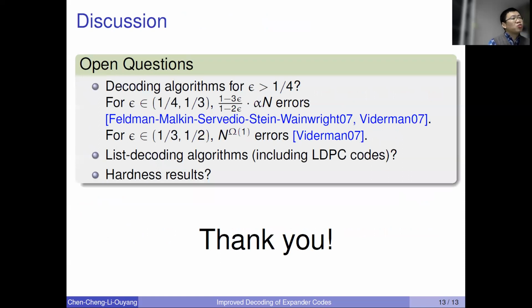So some open questions. One is the decoding algorithms for epsilon greater than 1 quarter. So as mentioned earlier, we have this bound 1 minus 3 epsilon over 1 minus 2 epsilon times alpha n from previous work. It actually holds for epsilon up to 1/3. And for epsilon close to half, Weidman gives an algorithm that can decode sublinear errors. Okay, that's n to the omega 1. So one can ask whether epsilon less than half, but greater than 1/4, can be decoded with a linear number